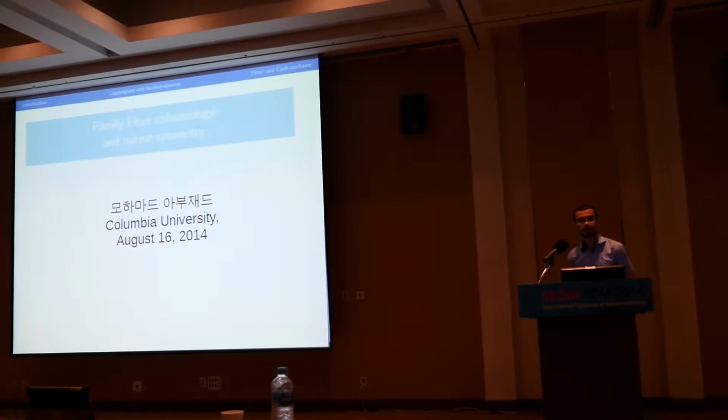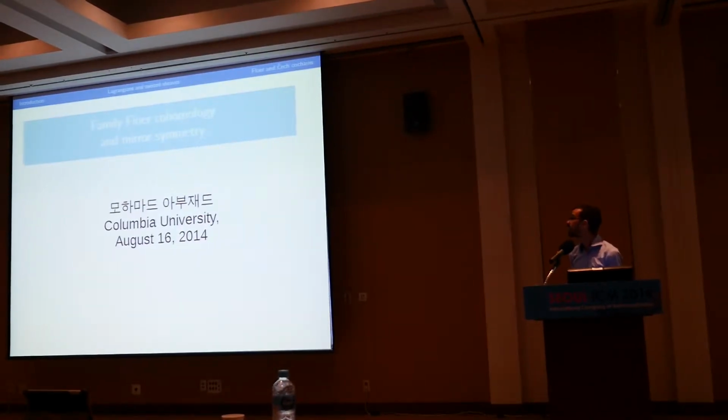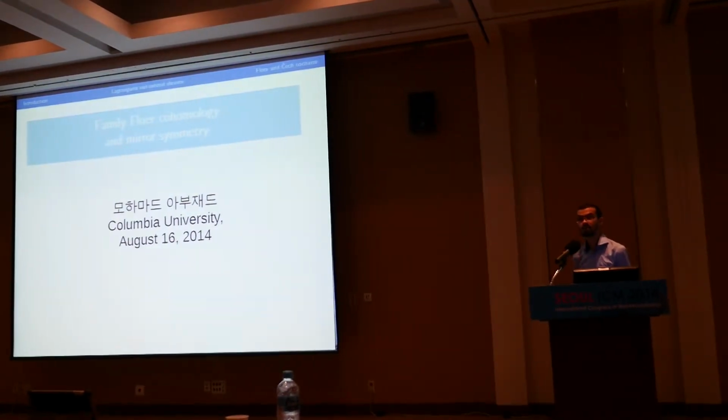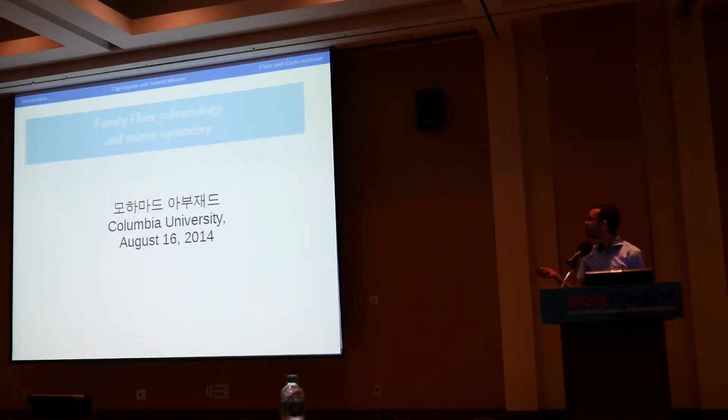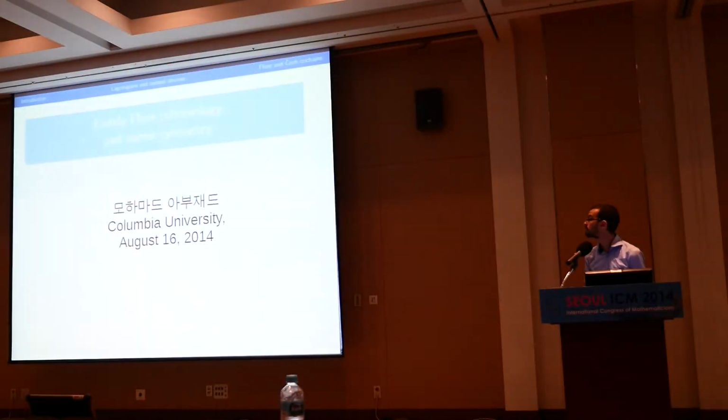So I did something maybe a little bit untraditional, which is that instead of talking about things that I've been doing for the last 4 years, I'm going to be talking about things that I plan to do in the next 4 years. So the idea is to go back to a strategy for understanding mirror symmetry that was introduced by Fukaya about 10 or maybe 15 years ago, and was essentially thought to be too hard to be implemented, and see what we can do with modern techniques.